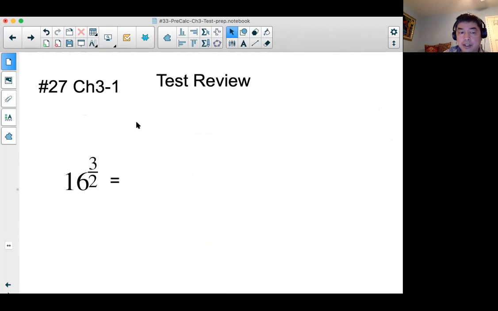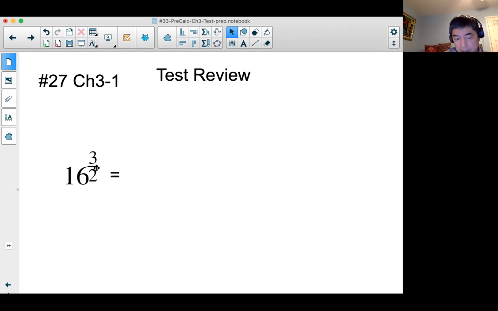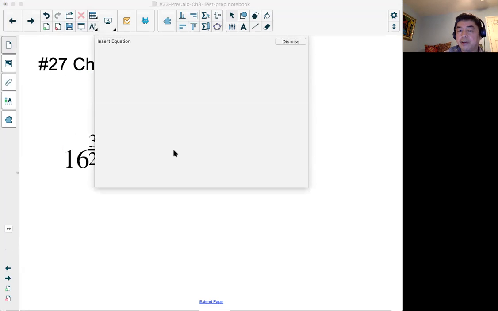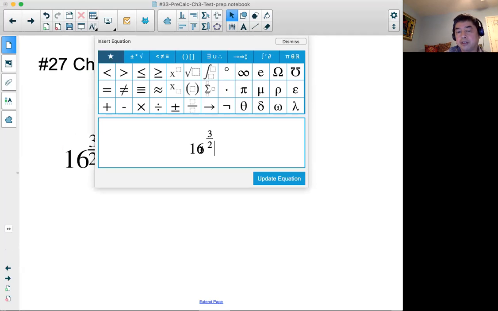Okay, so this is another test review. This looks like exponents. Actually, it doesn't look like exponents. If its base is 16, 16 is the base, and you have to rewrite this one too. You can pause the video and you can do it by yourself first. Okay, this one I will put the parentheses, and the part of the fraction goes inside here. Maybe exponents,